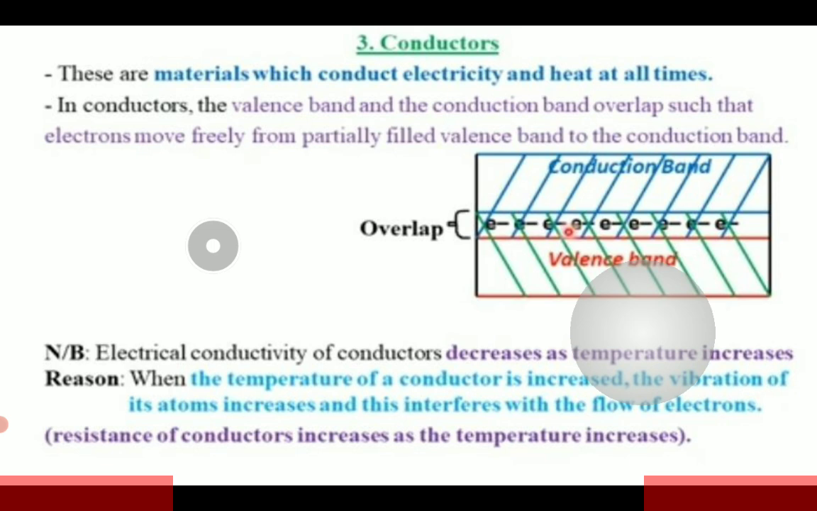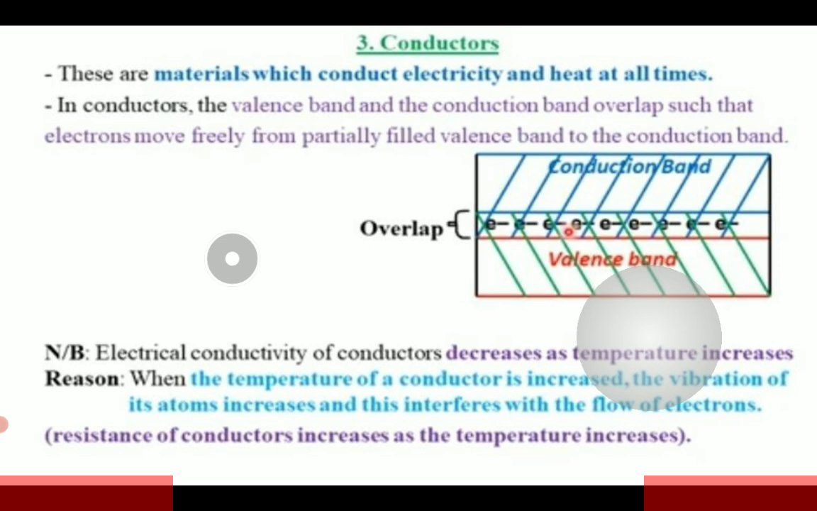What the temperature does is that when the temperature increases, electrons are going to gain kinetic energy. Remember that kinetic energy is energy of movement. So particles move from the valence band to the conduction band when the material is heated, and that improves the conductivity of the material. Lastly, we've looked at conductors as materials which conduct electricity and heat, and that they are able to conduct without necessarily heating them,